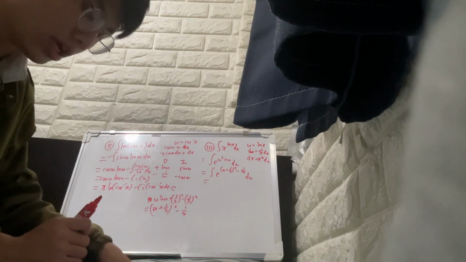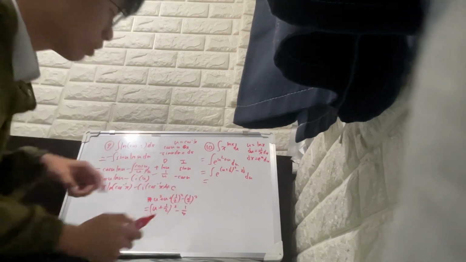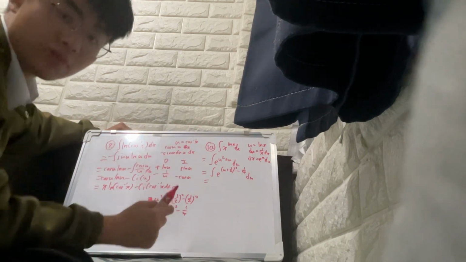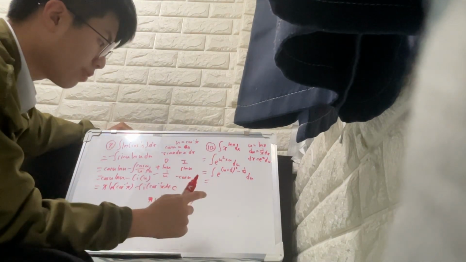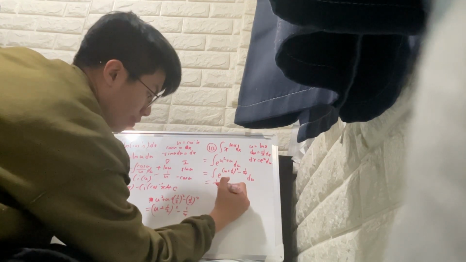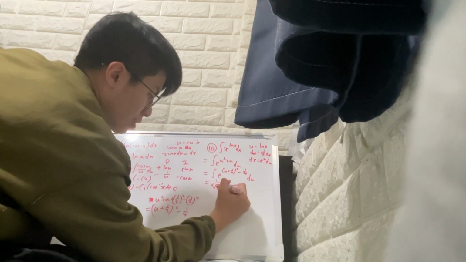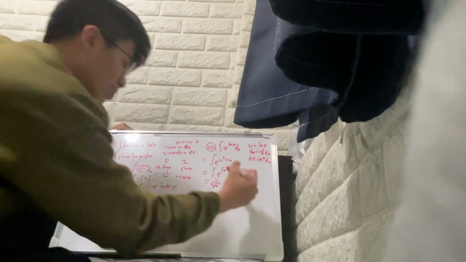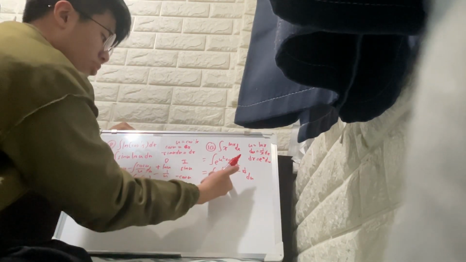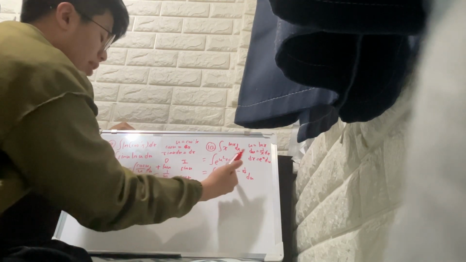Because it's a constant, so you can just put it outside the integral. And then e to the power of negative 1/4 is what? 1 over e to the power of 1/4. So you can write this as e to the 1/4, but I like to write it as the 4th root of e, up to you. And then this integral, just let w is equal to u plus 1/2,